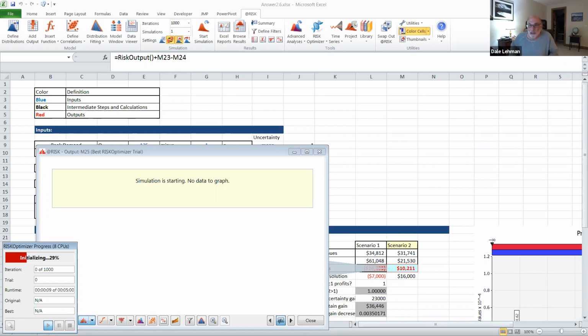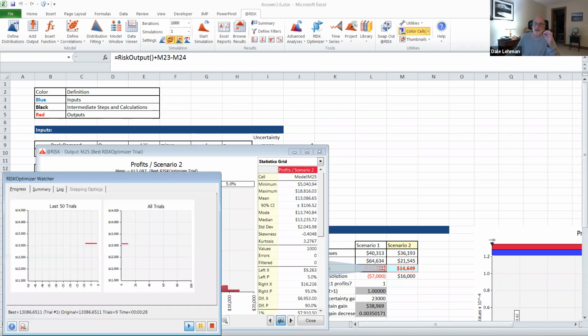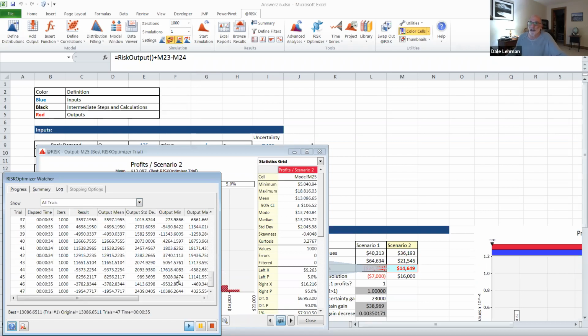That ran so quickly, I forgot to look at something here, but we'll look at it this time, that you want to look at in terms of watching the progress. The log is a useful thing to look at because what you want to see is whether the solution is by far the best one, or whether there are several that might be close to it. So if you look at the log here, what it's trying,